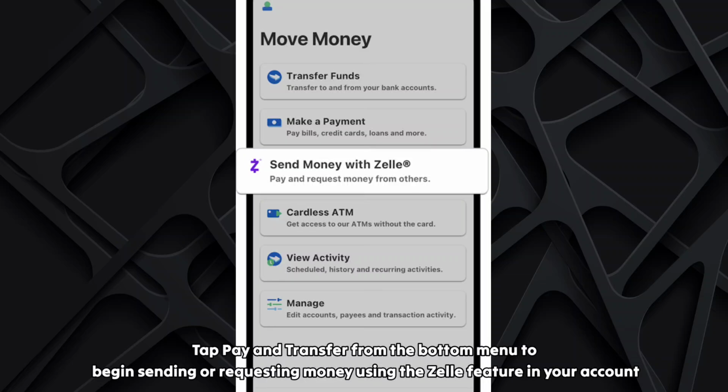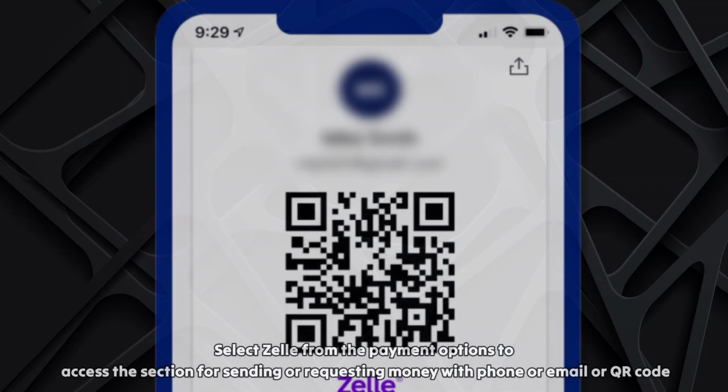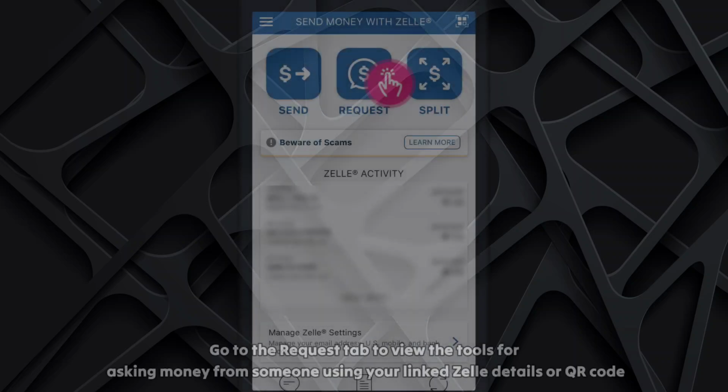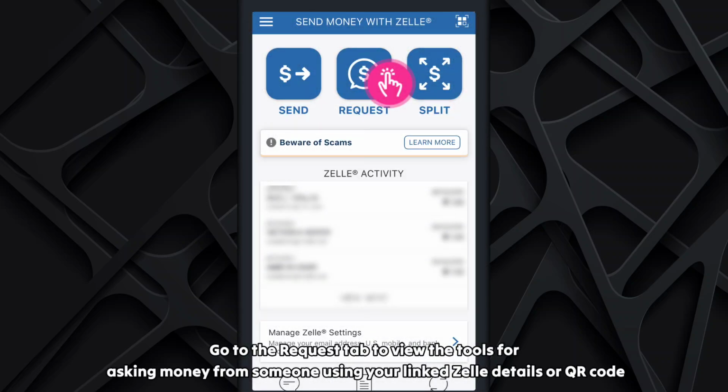ZELLE feature in your account. Select ZELLE from the payment options to access the section for sending or requesting money with phone or email or QR code. Go to the Request tab to view the tools for asking money from someone using your linked ZELLE